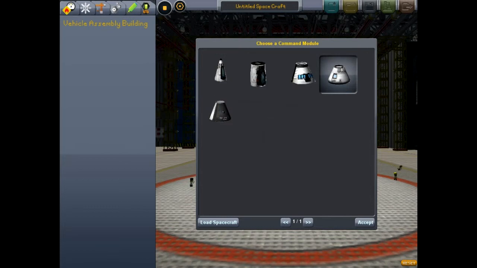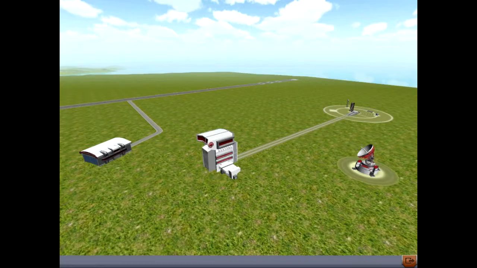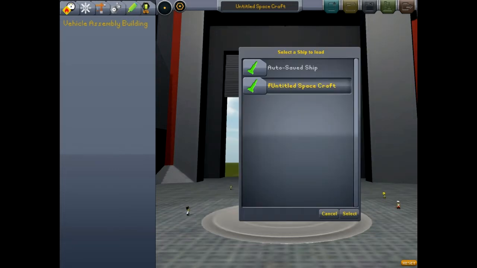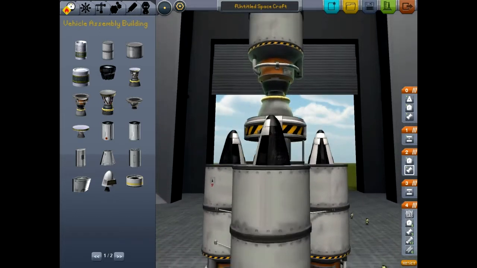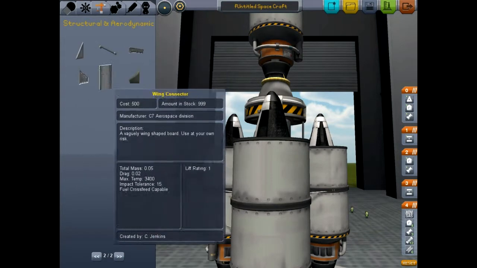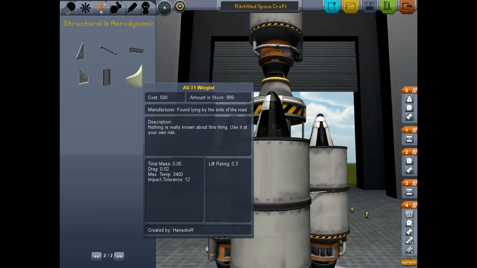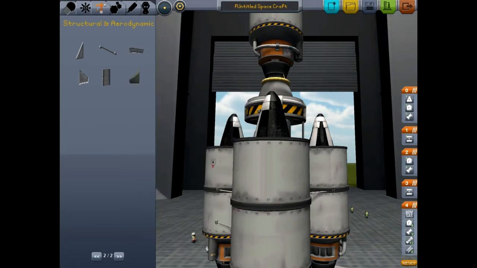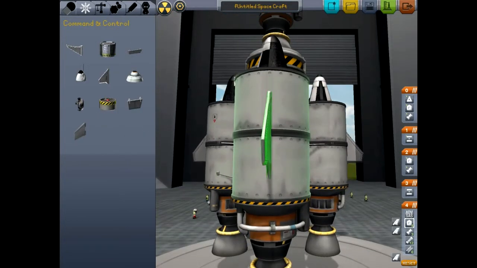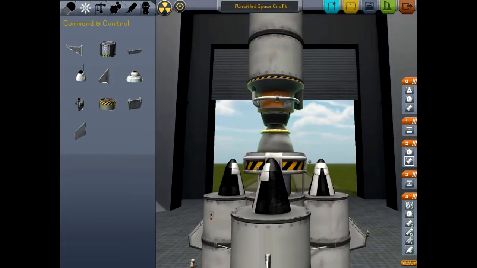What we will do is jump back into here and load up my fun titled spacecraft. Just something very basic, just to get us to the moon. So add a couple of wings to it before we go. Winglet, which is the one that sort of turns. Here we go. So I have those on there, and